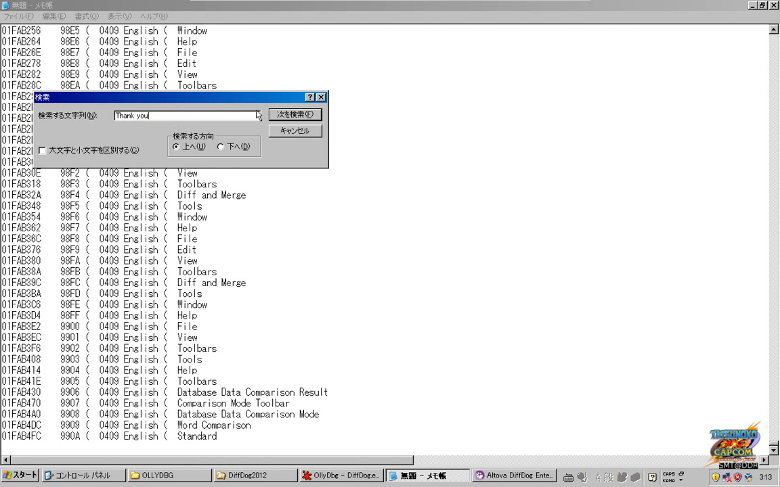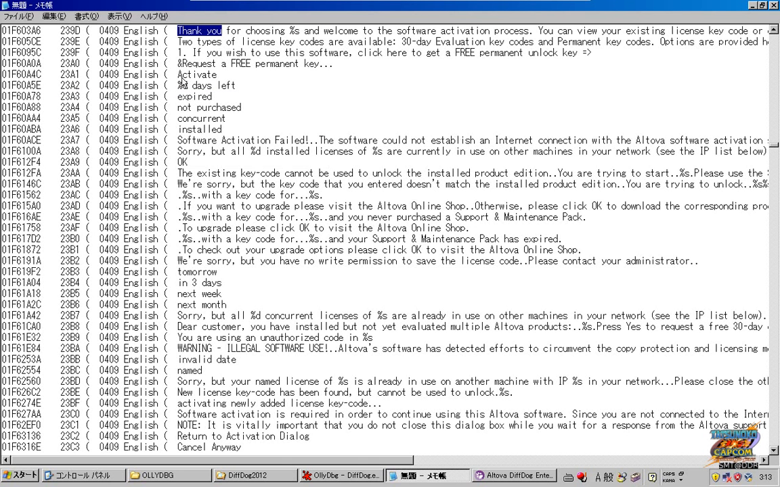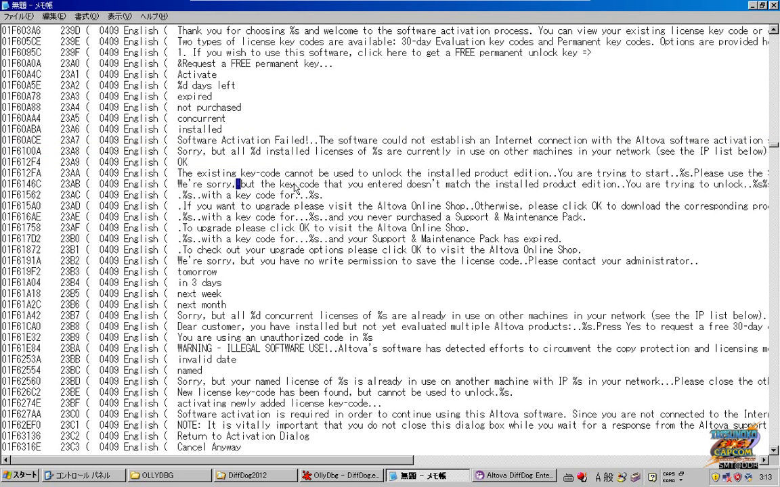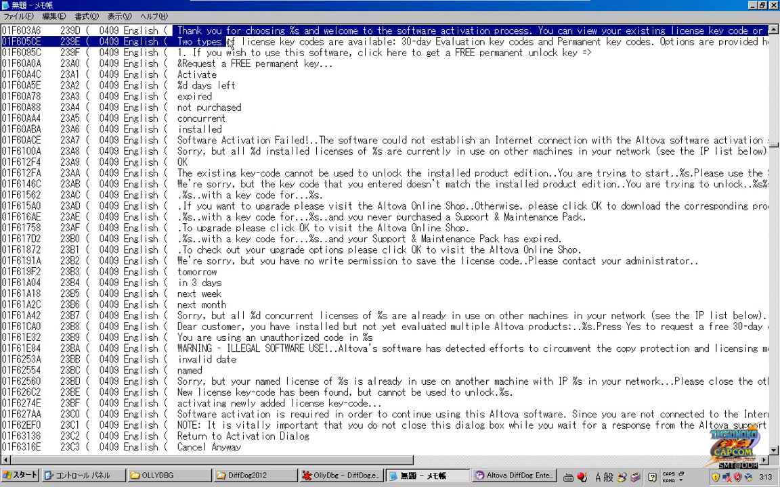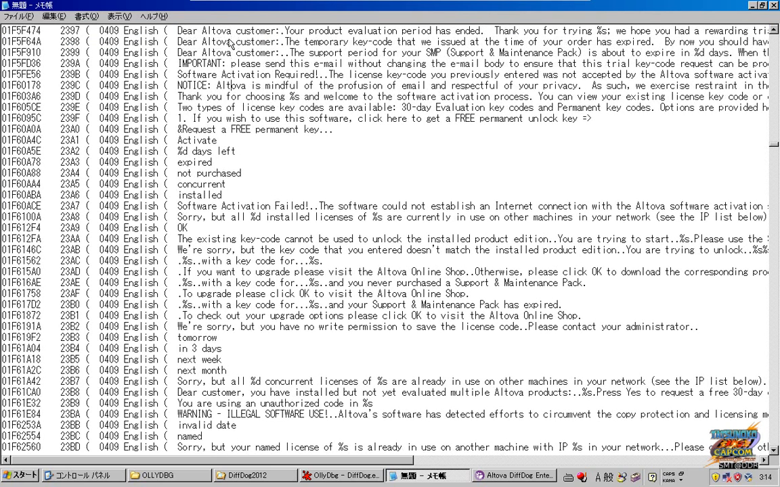Find direction up. Let's see here. Oh, look at that. Expired, not purchased. You see all that? Activation. Remember that. We're sorry, but remember this. Remember this message. Okay. So I'll tell you what. It looks like we found the string. This is the beginning of cracking